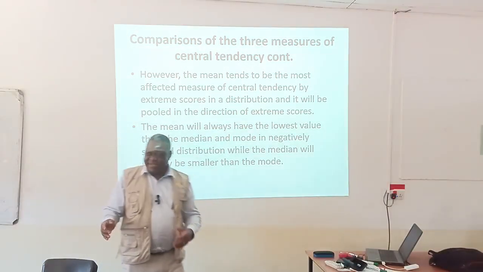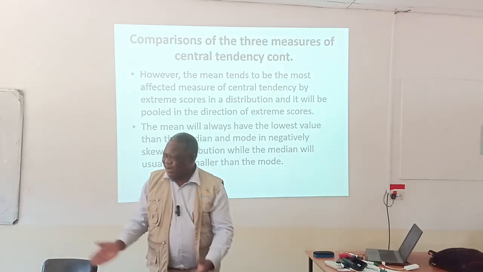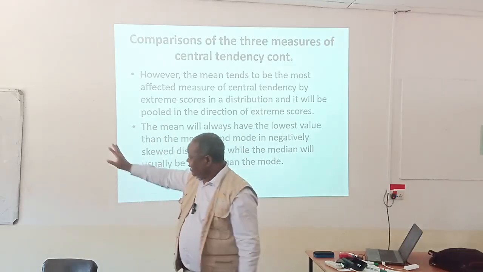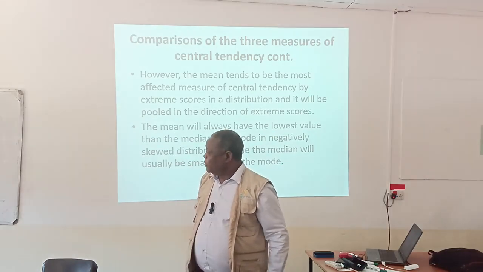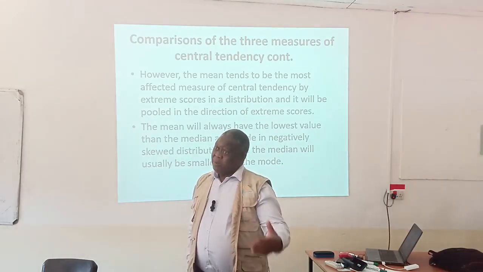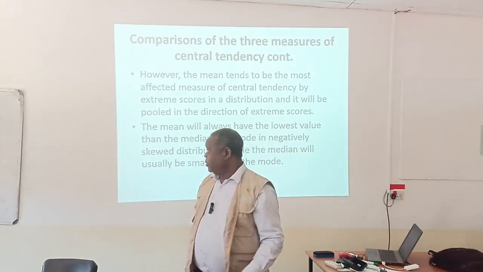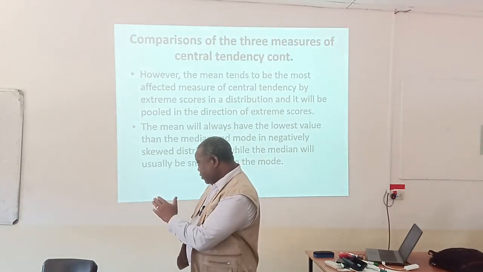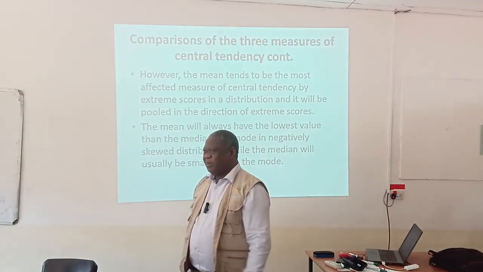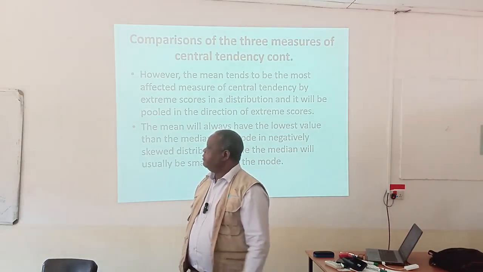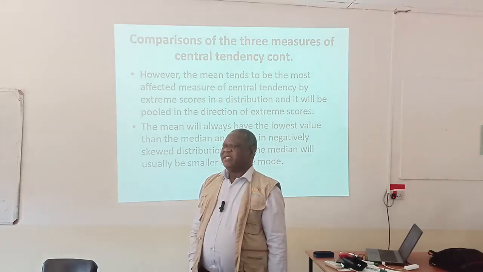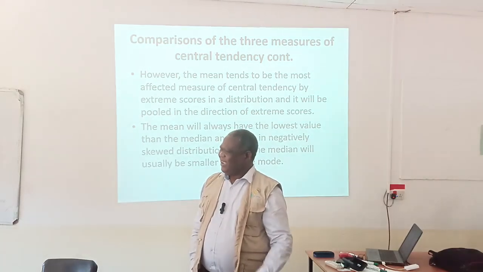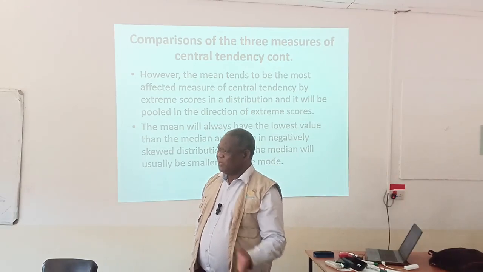Those are things which, when you compute in your data and you find that the distribution looks like that, you should be able to describe. Because by the mere fact of the position of the mean, median, and mode, you should be able to describe, even without the graph, that this is a data set which is skewed, and it is skewed negatively or skewed positively.